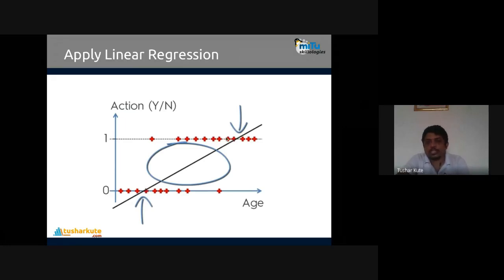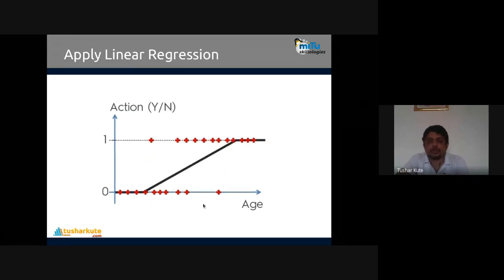Those who are 1, they have received. Those who are 0, they have not received. So what we'll do is cut it, because above 1 there is no possibility, and below 0 again there is no possibility. So the model will be like this. We will have the lines in this way. It is cut, meaning below 0 all values will be 0, above 1 all values will be 1, like this. And here the straight line is there directly.